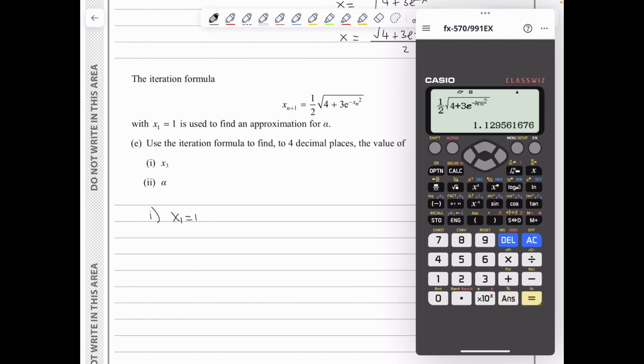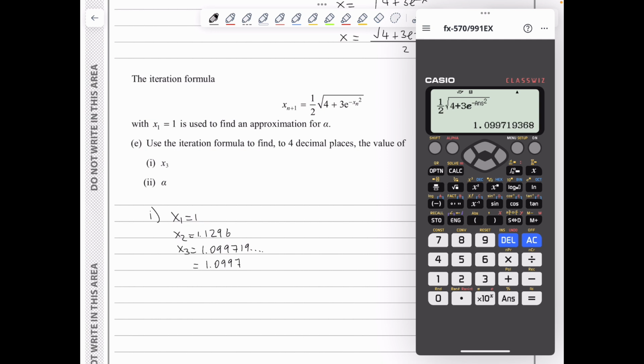So each time I'm pressing the equal sign, it's a new iteration. I press it once, I get that x2 is equal to 1.1296, and x3, I'm just gonna press the equal sign once more. I get 1.099719, which correct to 4 decimal places is